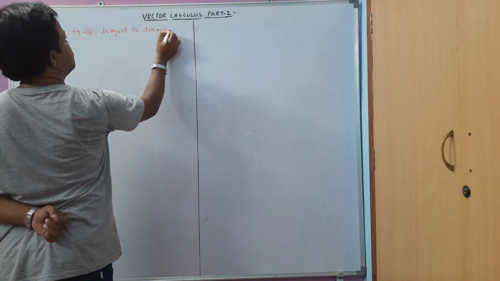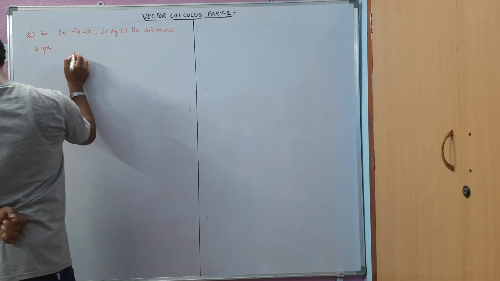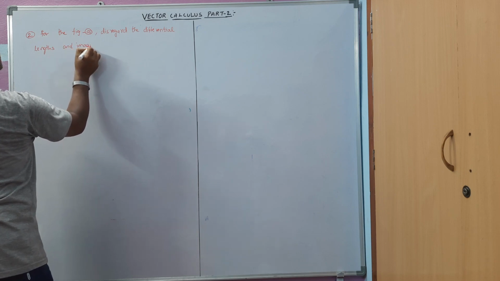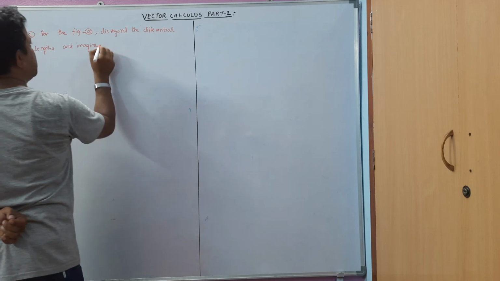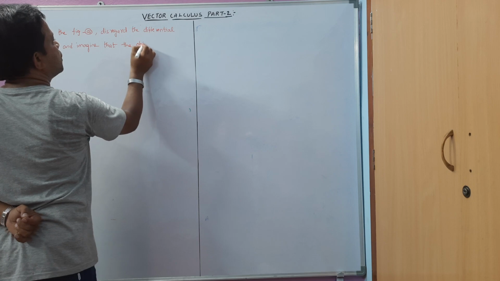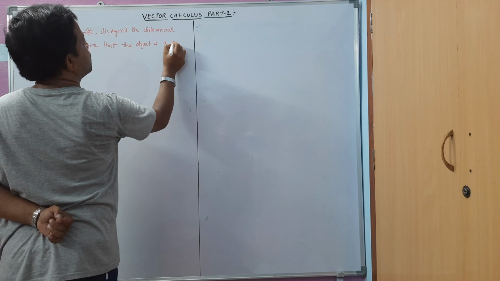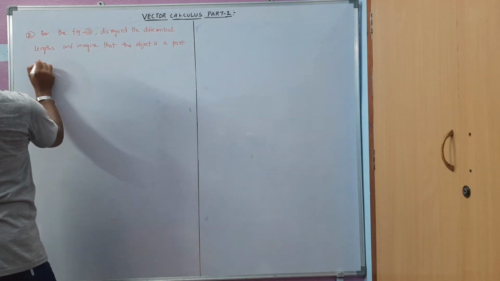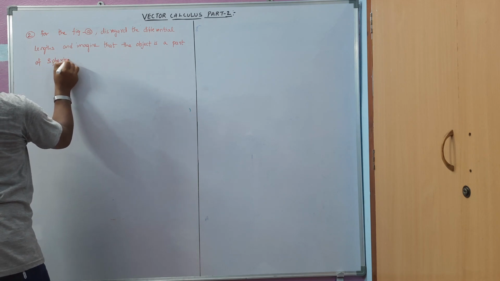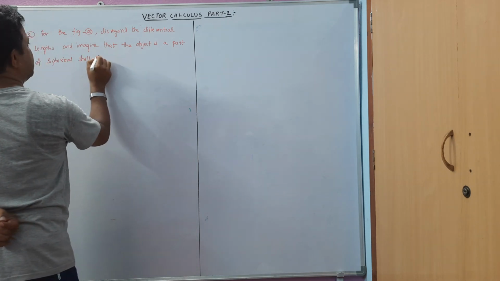We have to disregard this differential lens here, and imagine that the object is a part of a spherical shell. It may be described